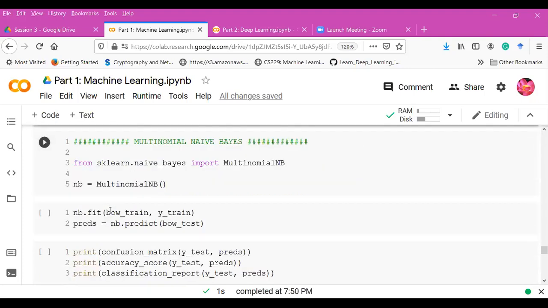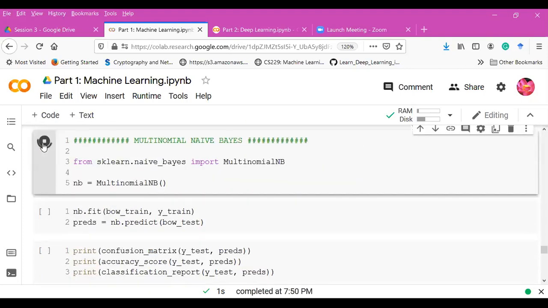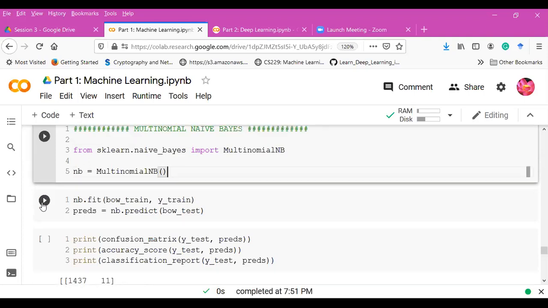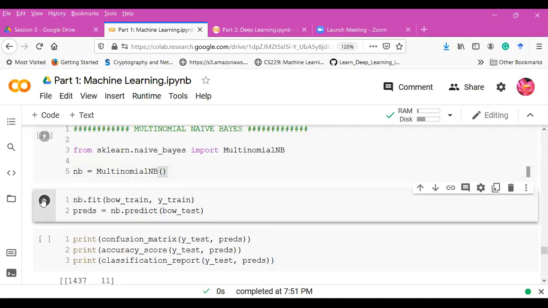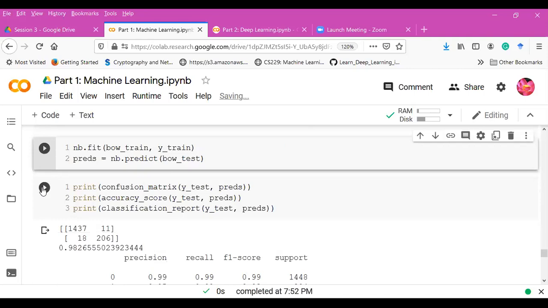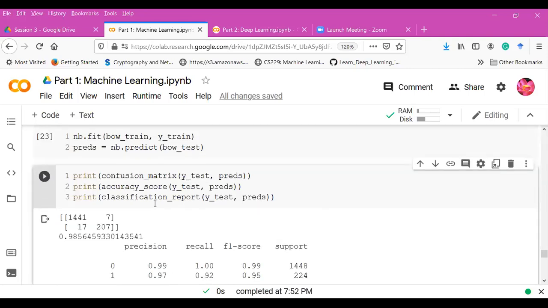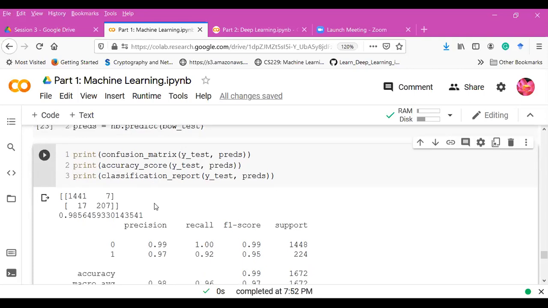Now we'll see the multinomial naive Bayes. We can create an instance of the naive Bayes model using MultinomialNB here. So in NB, we have our model, then model.fit. We will do bag of words train and y train. A similar process is followed. Now you can see that it performed really well in case of multinomial naive Bayes. We got